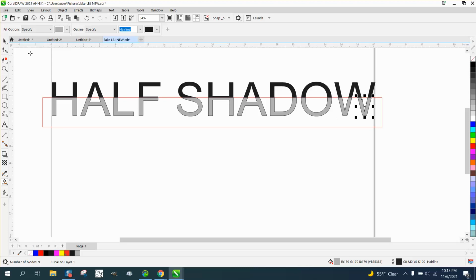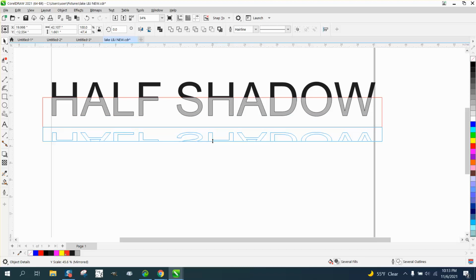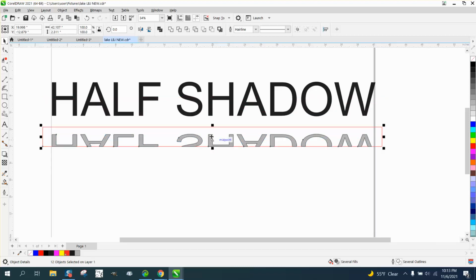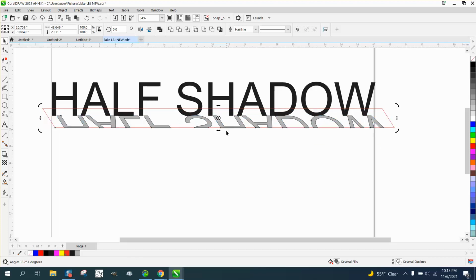the letter. Now you can grab all that and actually bring it down and mirror it, and then actually bring it up. You could hold down the control button to make sure you got it right on the money. You could even skew it. Now skewing, because what we're doing is getting it off the letters a little bit, but you could always